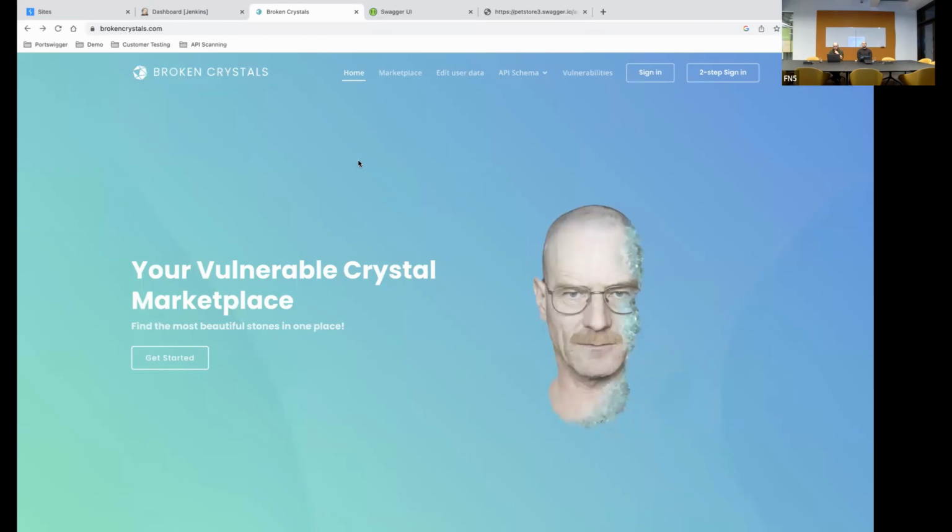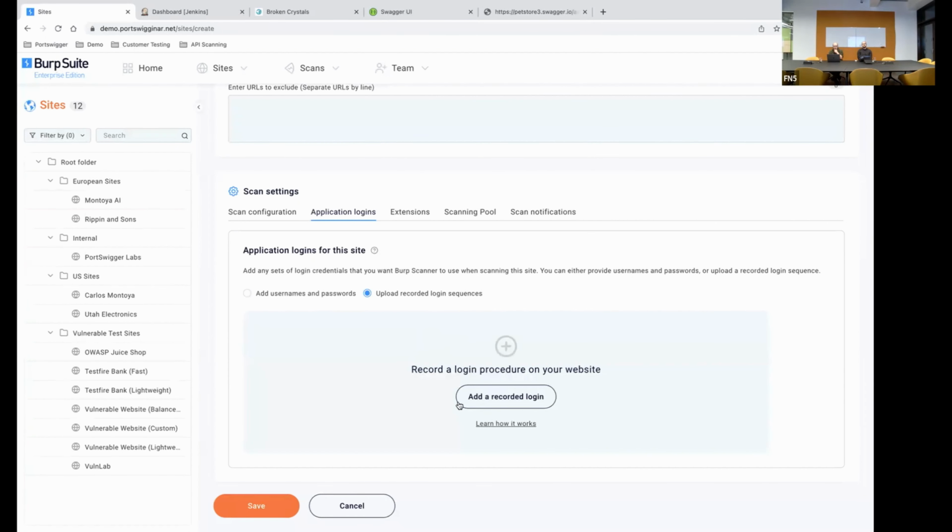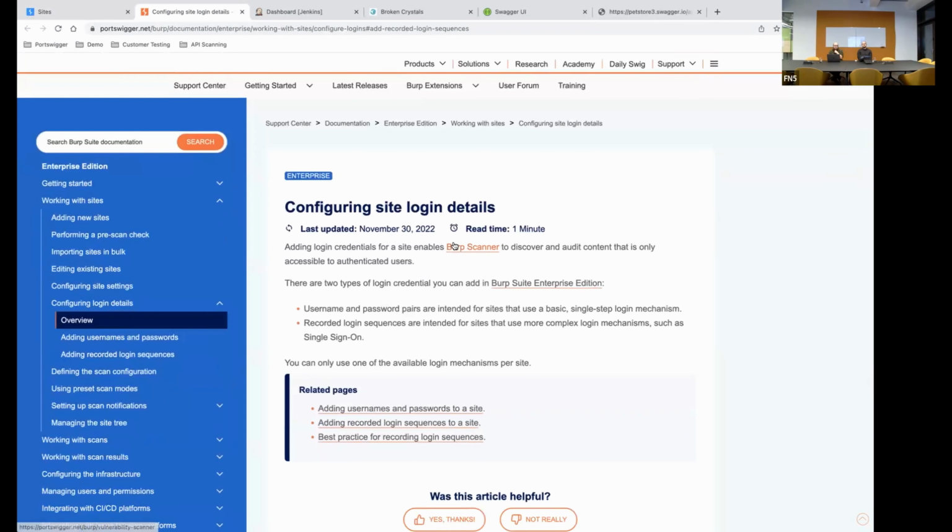So we're going to use the example of this application here. It's a deliberately vulnerable test app with a two-stage sign-in mechanism. So that's again something that would be suitable to the recorded login process. If we go back to our enterprise site, we're looking to generate a JSON script to add to the recorded login here. If you click on the link to the documentation, this is going to take you through in much more detail around authentication, best practices, and I would highly encourage you to read that as well, but also how to install the plugin that we have. So you'll require the recorded login plugin here. So if we just come back,